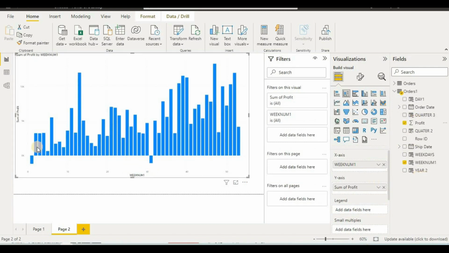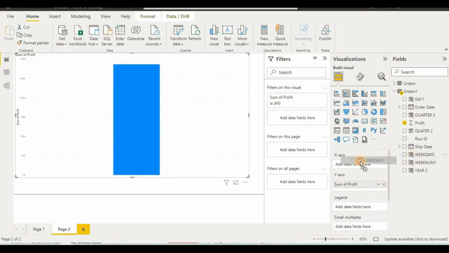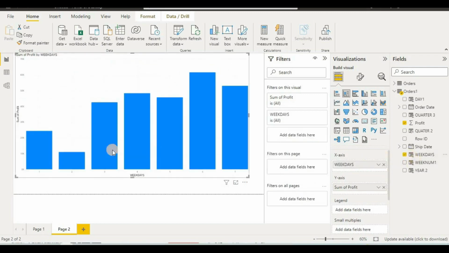So now we have different sales according to our week number, wherever we have made the maximum or minimum according to our sum of profit. We have 52 week numbers, or instead we can take weekdays, where we see what sales we have made in the week, like we have 7 weekdays here. So in 7 weekdays we